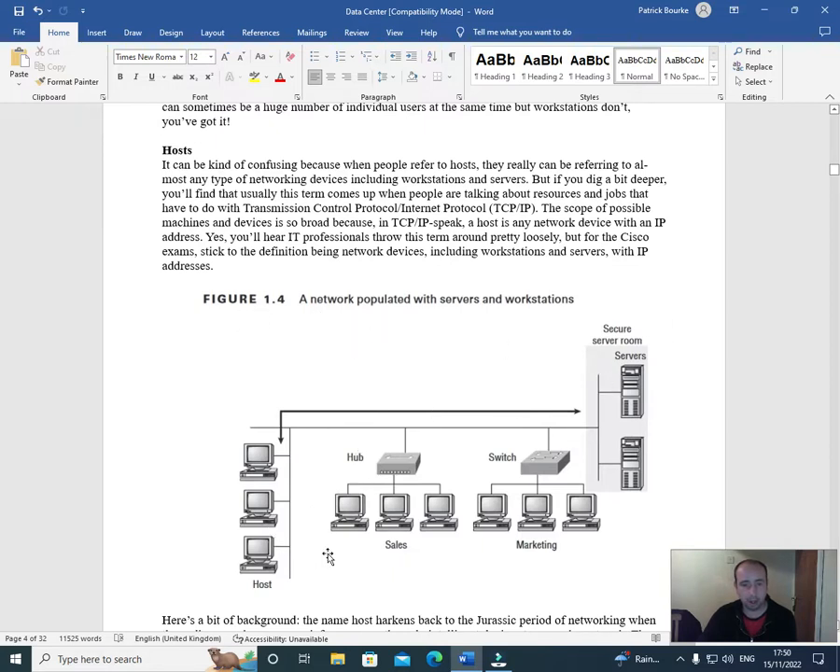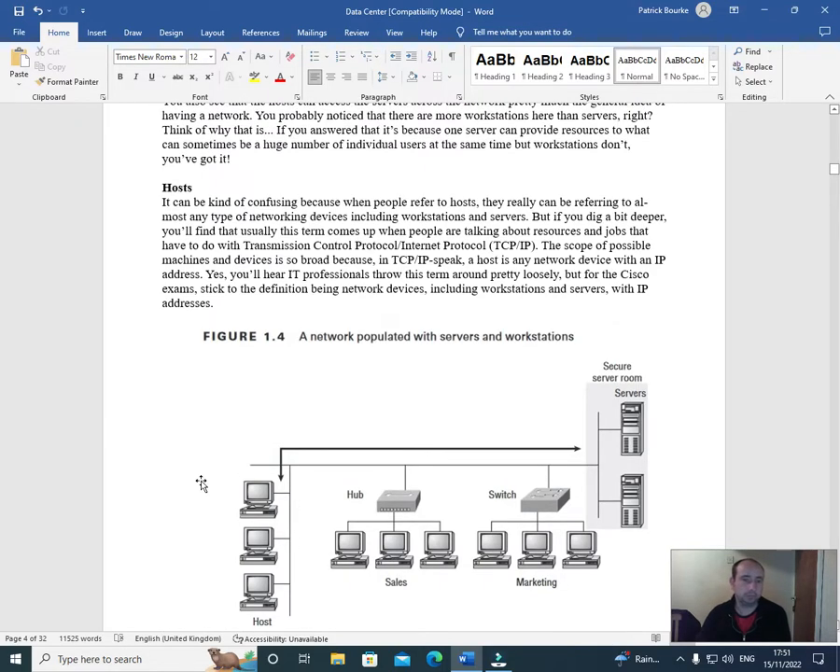Here are our servers. There are different work groups: marketing and sales, and hosts. It can be kind of confusing because when people refer to host, they really can be referring to almost any type of networking devices, including workstations and servers. But if you dig a bit deeper, you'll find